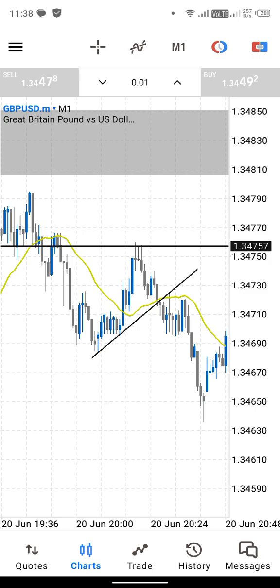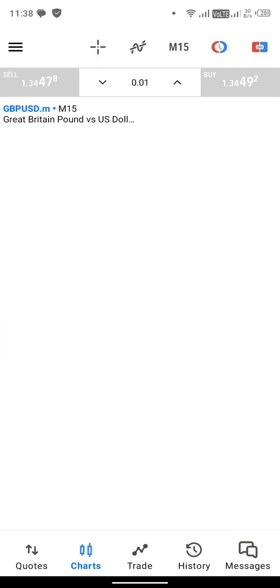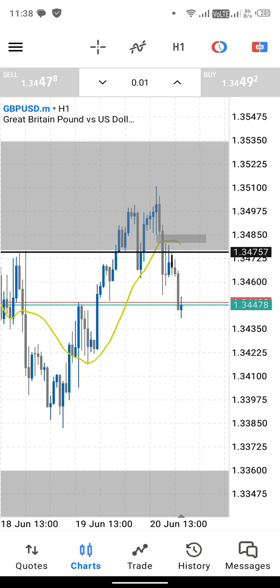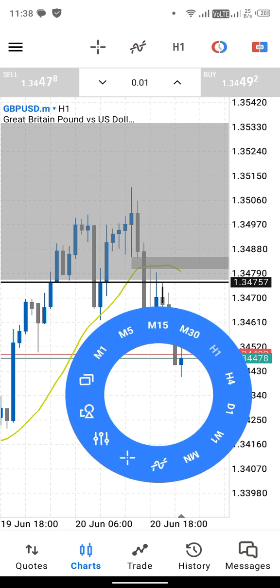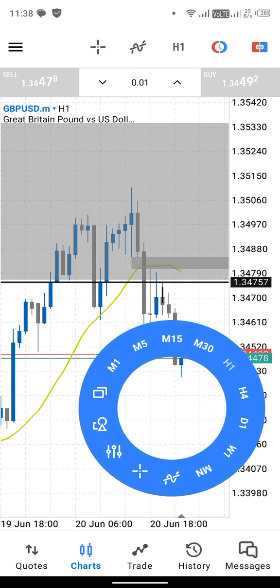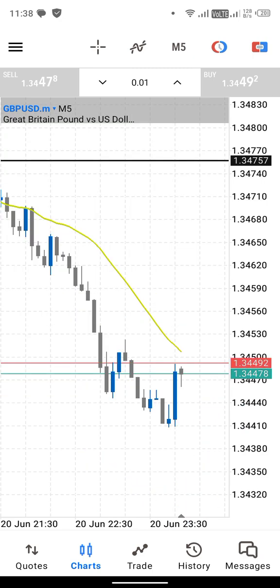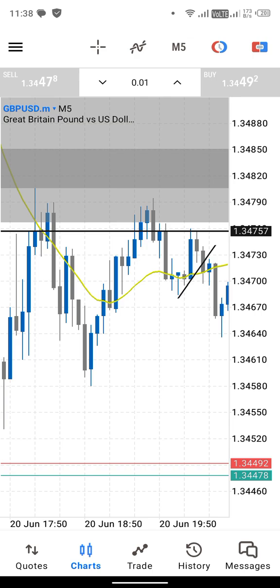So at this particular point, I had seen, like, okay, number one, we are reacting from a key zone of supply at this point. And then I had seen that price had broken below the 21 EMA in the 1 hour time frame. That signifies some sell pressure coming in. At this particular point, I wanted to move to the 5-minute time frame for my breakout entry, but checking onto